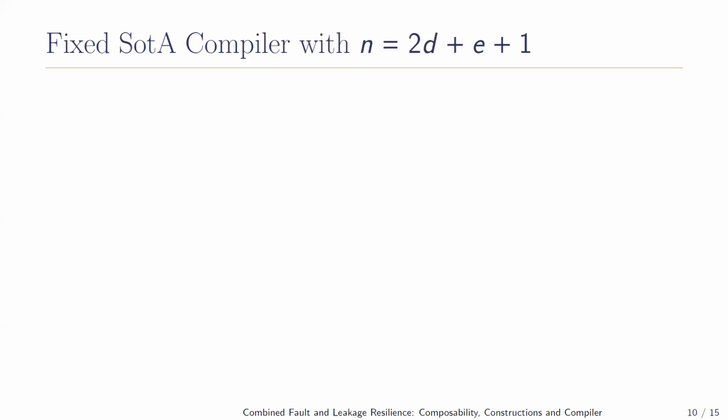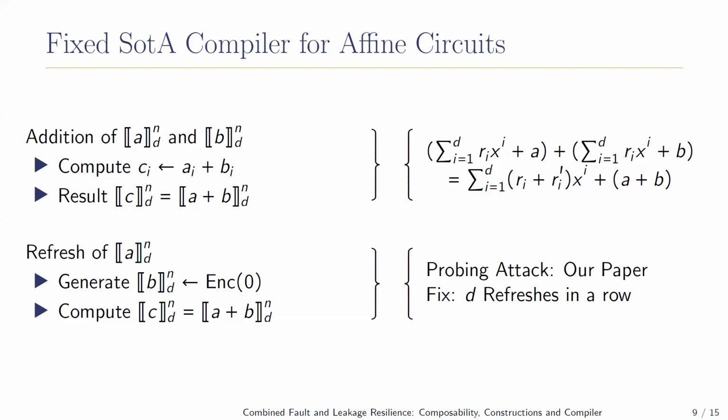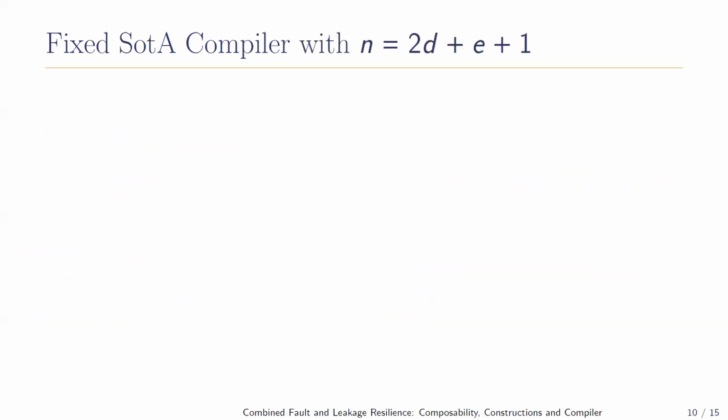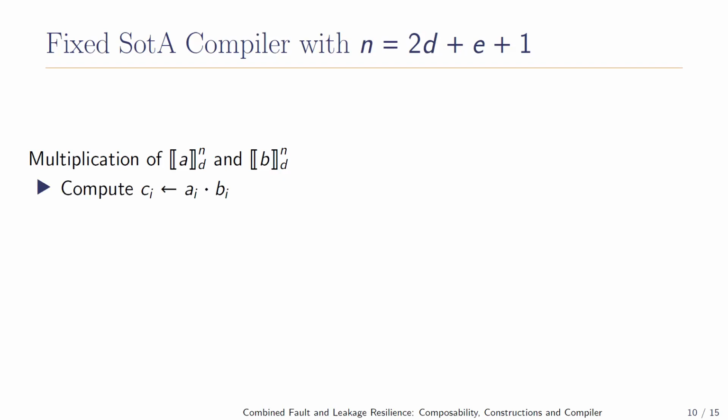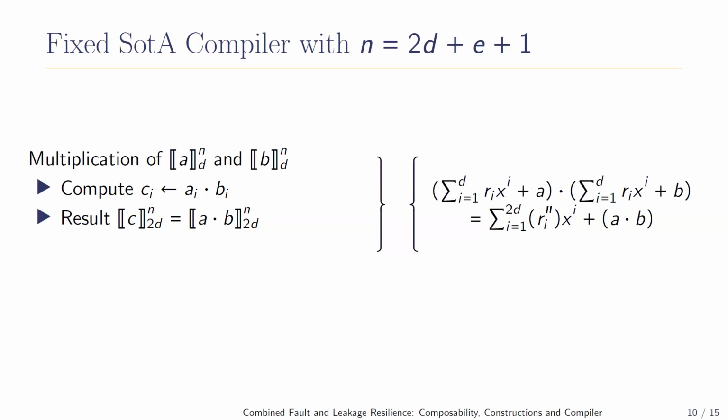Okay, so the next one is the multiplication. With this, we can already compile affine circuits with plus and refresh. And now we want to move to the generic construction. And here we need a multiplication. For this, we can also take an encoding of A and B and shareways multiply them. But then we get a non-valid encoding, I would say, because the product of two polynomials is of degree 2d when the original polynomials are of degree d. And this means that when we multiply shareways, we still have to do the degree reduction